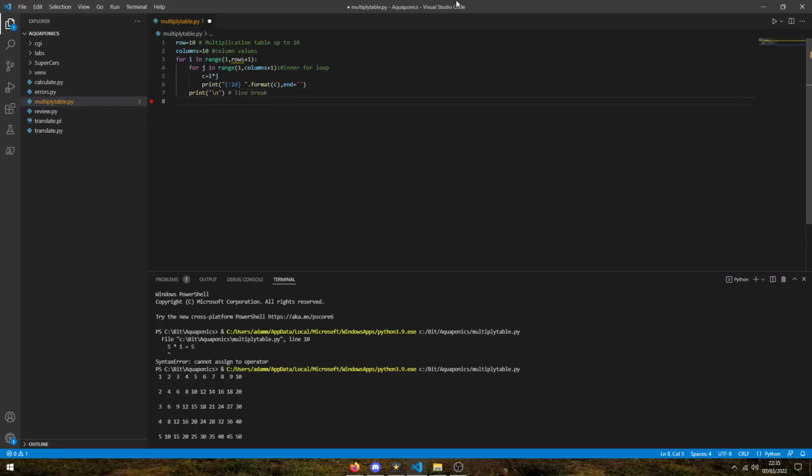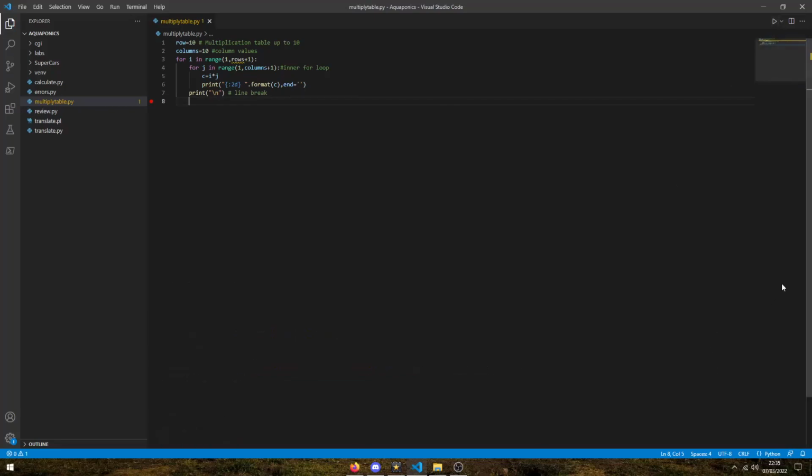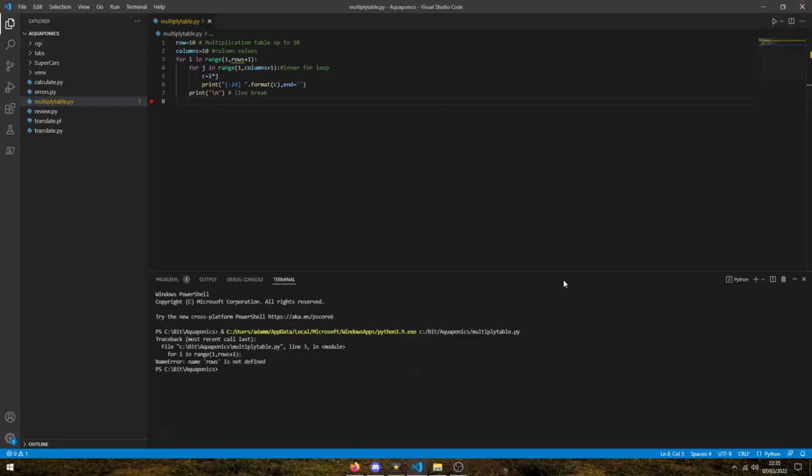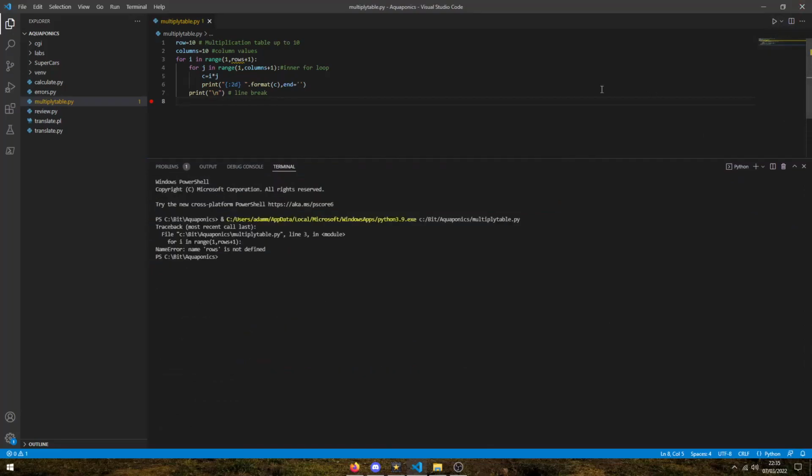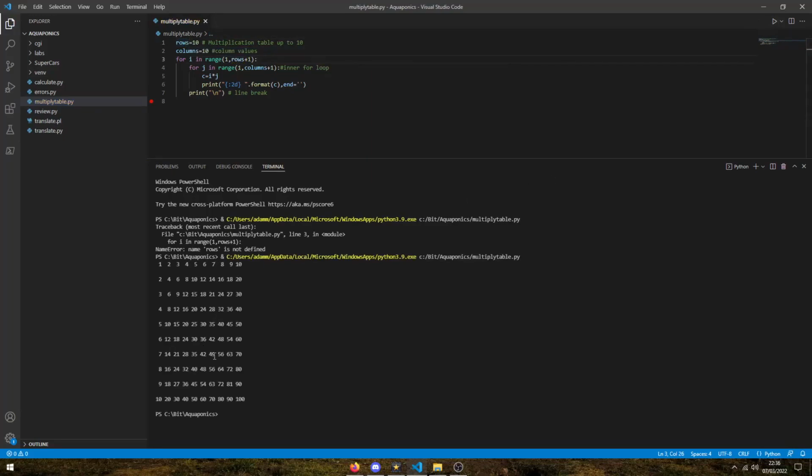And then if I hit play on this, rows is not defined. Oh, yeah, because this has to be rows. So now if I hit play,